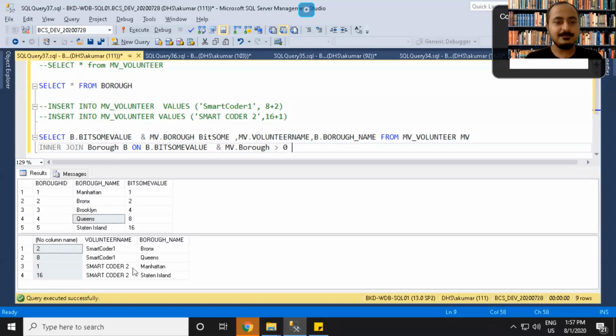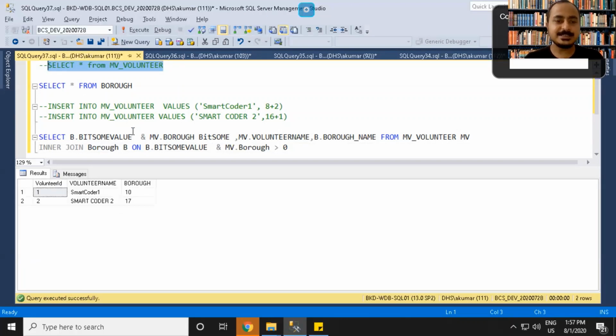If any borough, let's say Brooklyn or Manhattan, is not part of this value, let's say 10, then the bitwise operator will return 0. In this way, you will identify which value is associated with that particular field and which one is not. But there are some drawbacks of this approach as well. Here we are storing the value in integer format, which is the bit sum, but we cannot implement a foreign key constraint.